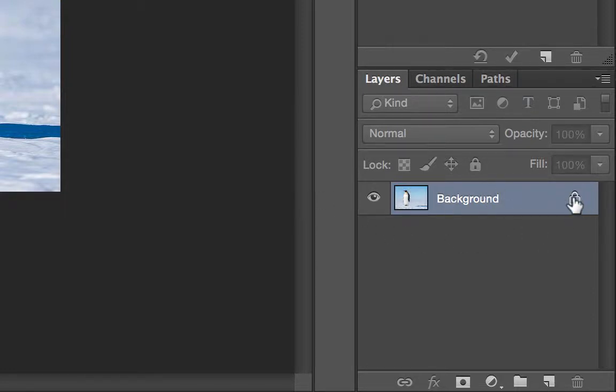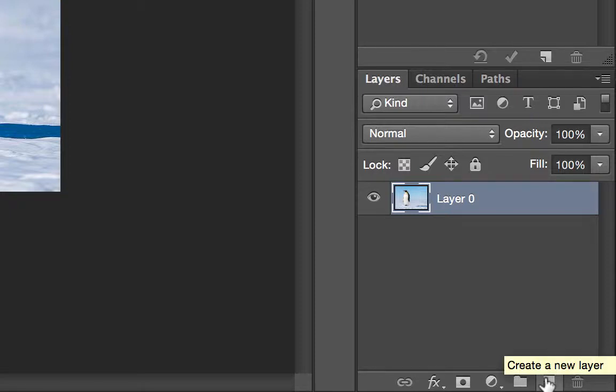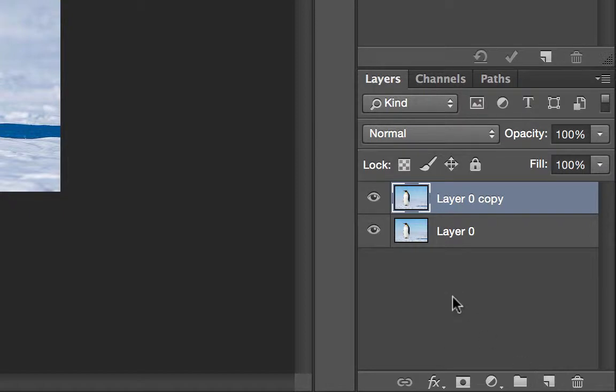here where it has a lock button. By default, the main layer is going to be locked. So what I typically do is to make sure that this one, I could always go back to my original, is I'm going to duplicate this layer. And down here, you're going to see other tools here. This one here is going to be for creating a new layer. So I'm going to take this and just drag it onto here, and that's the way you duplicate layers, or